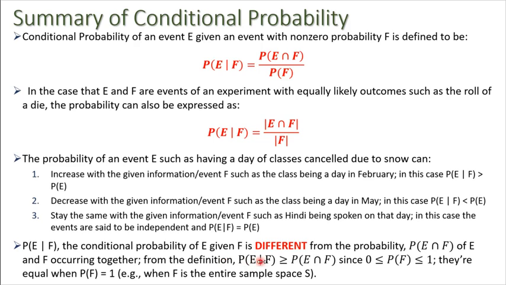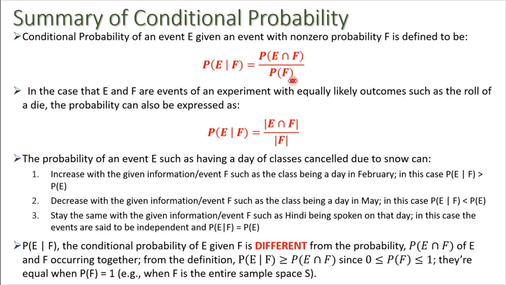So in general, we'll always have the probability of E given F is greater than or equal to the probability of E intersect F. You could see this right from the definition here, because the probability of F is going to be between 0 and 1. Actually, it's not going to be 0. That was our assumption when we're doing the probability of E given F. We say that the probability of the event F has to be non-zero. So we know this is a number that's greater than 0, and it's going to be less than or equal to 1. And if we divide by a number that's between 0 and 1,